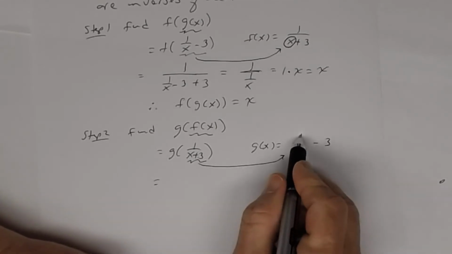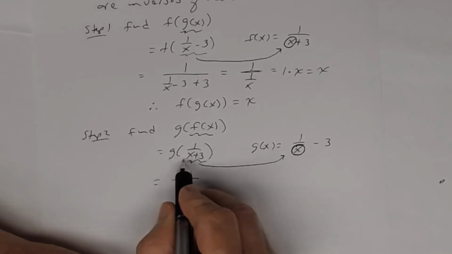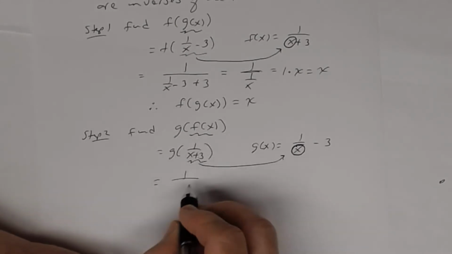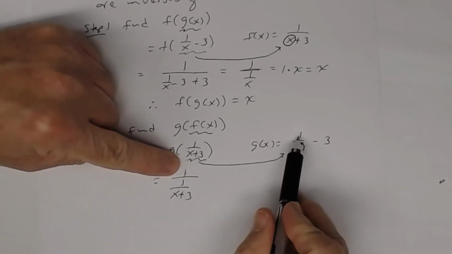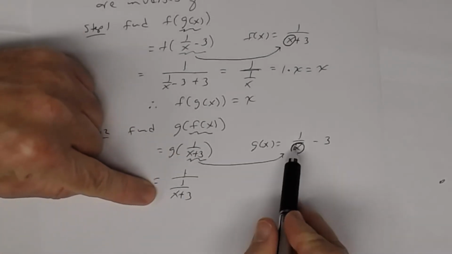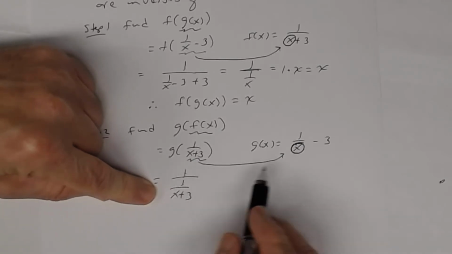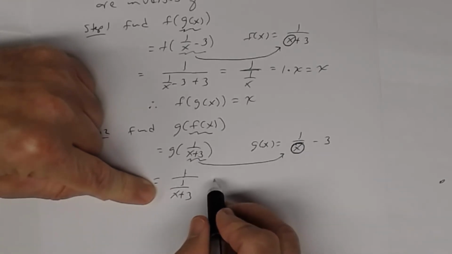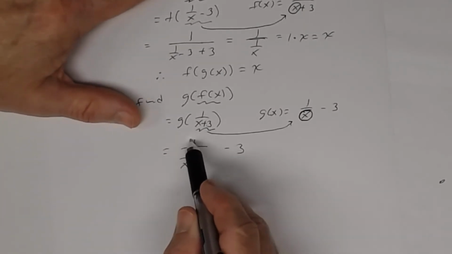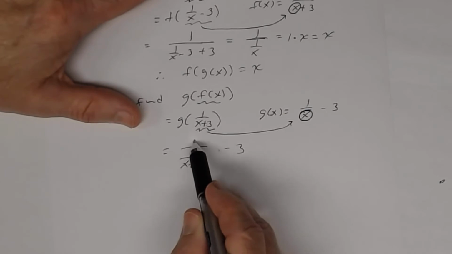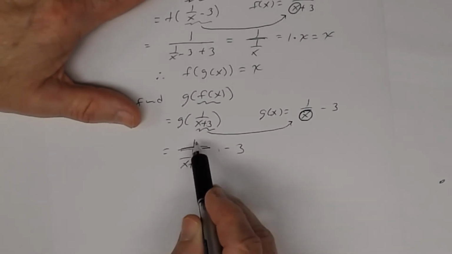So this becomes 1 divided by, and then x becomes this right here. Now be careful, it's this fraction, so it looks like this: 1 divided by x plus 3. This circle is this right here. But don't forget, you're subtracting 3, so don't forget to do that. Now look at this right here. You're dividing two fractions. So remember